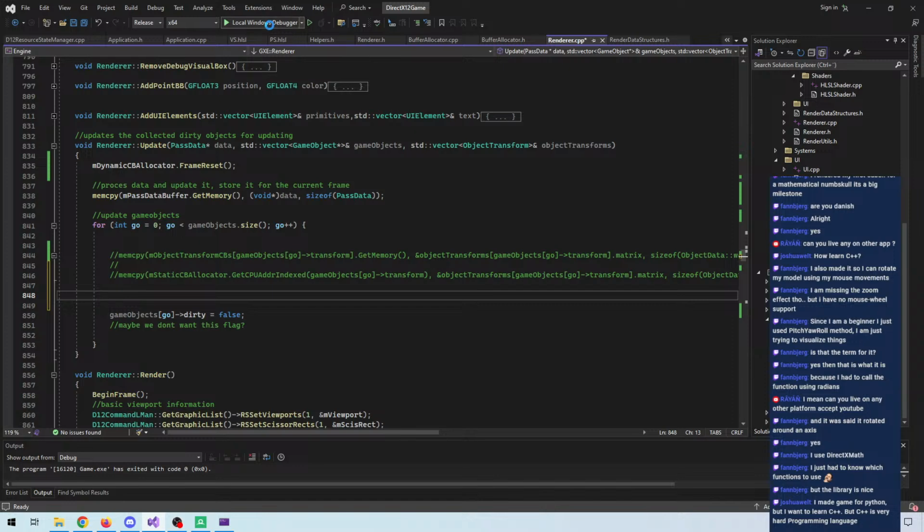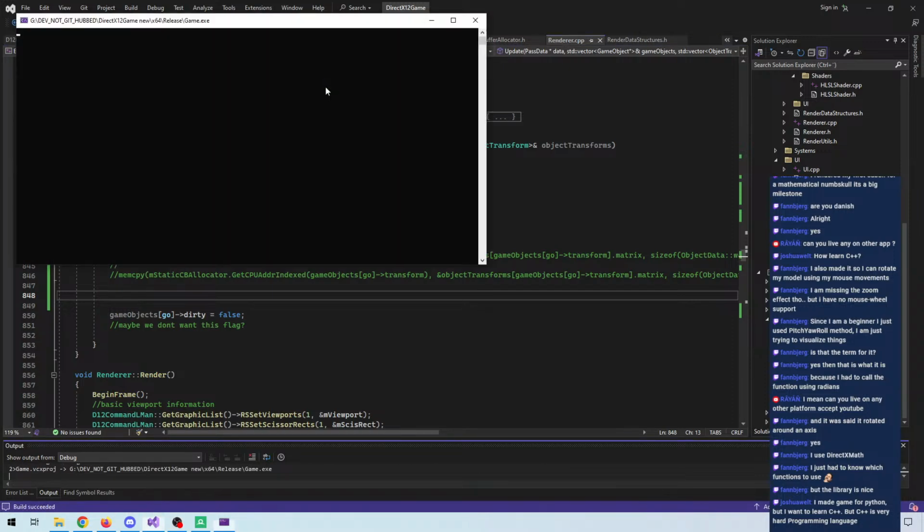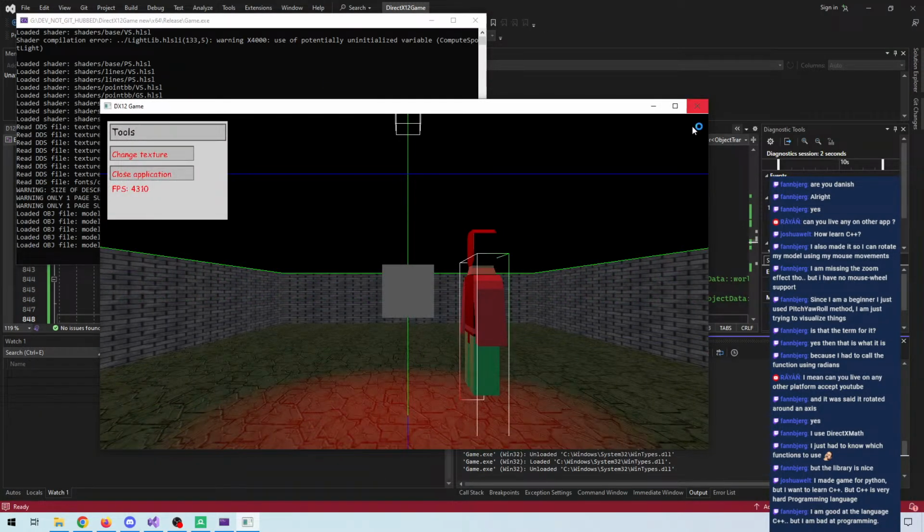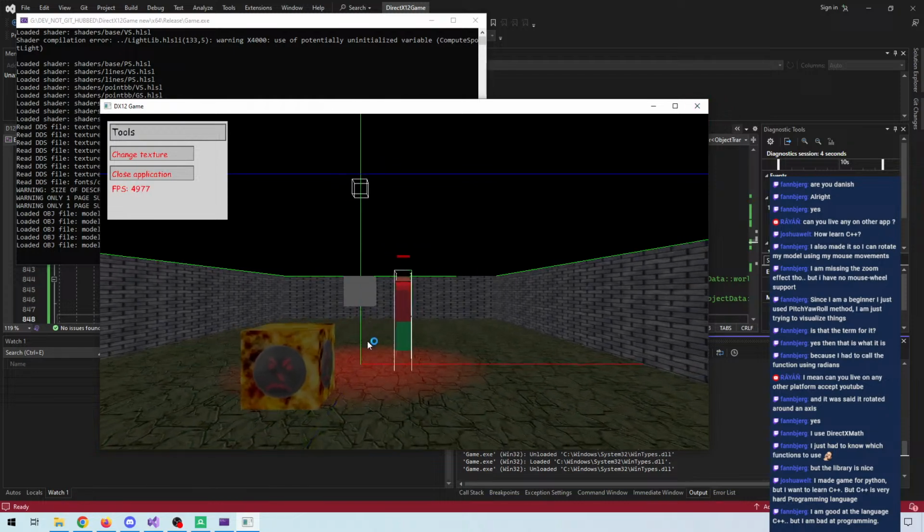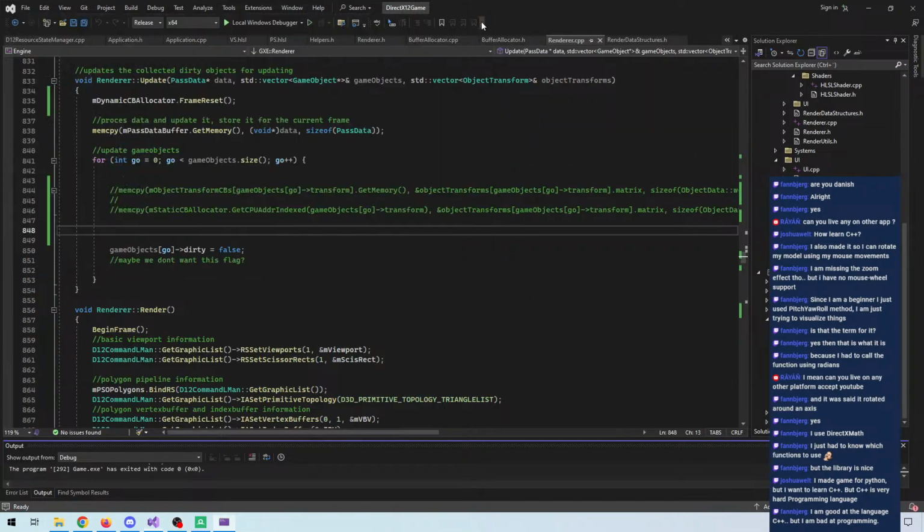All right. Right now we don't update each frame, which is all right, but it looks kind of weird and our player model there doesn't move anymore. So